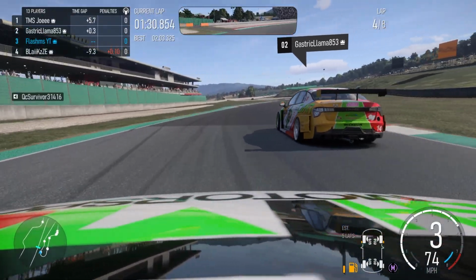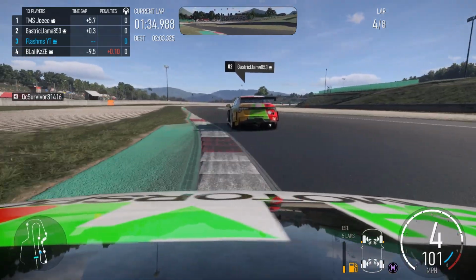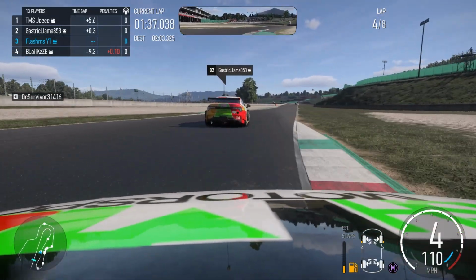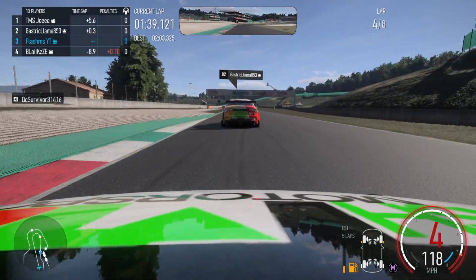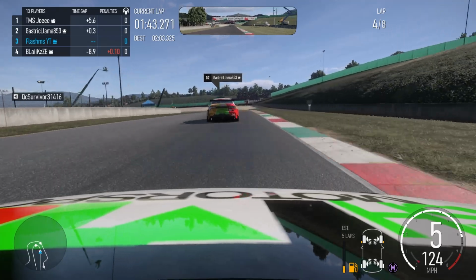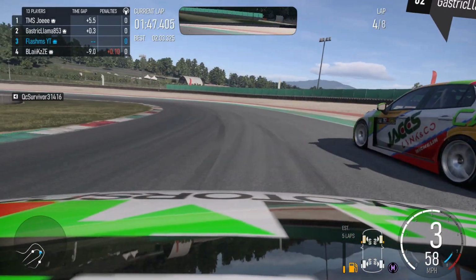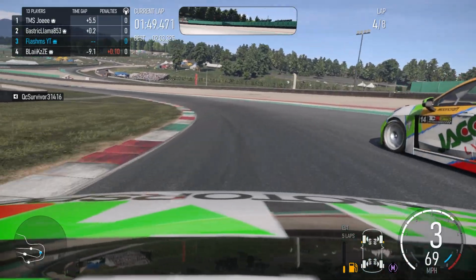I do surrender the position to Gastric Llama 853 in front and take the corner wider than I normally would. I'd rather them take that position and me being able to use the power of the link as slipstream and try and catch up to TMS Joe in front than fight the car in front. You can see they are a bit late on the brakes going through there,